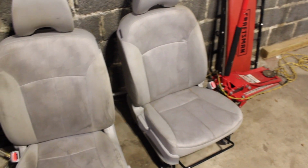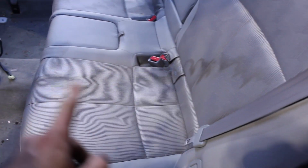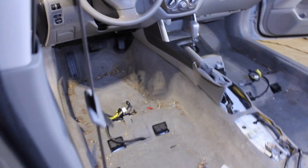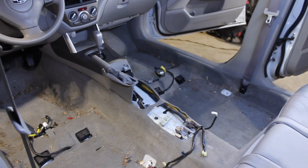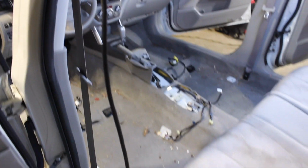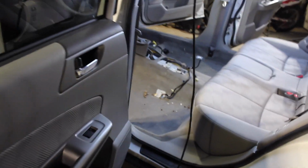That one's not as bad, but still needs some work. And then back here, we got a couple stains in there. The carpets, I'm obviously going to have to do some extracting and spot removing up front. A couple spots in the back here too. Passenger side, I'm going to extract as well. But the rear is not that bad. Mainly just needs a good vacuuming and